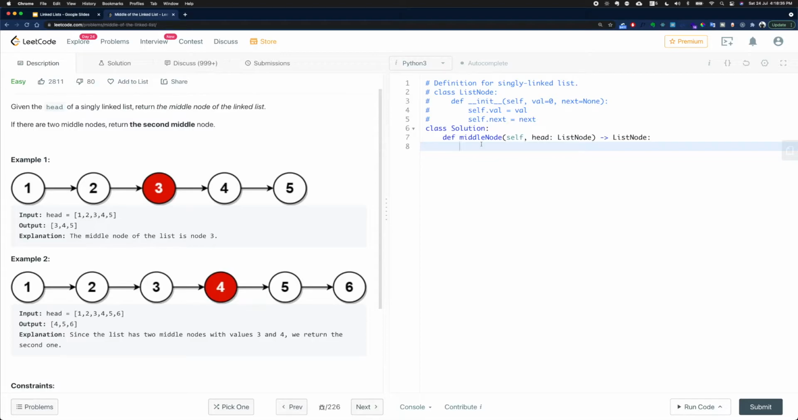To show you what I mean, let's get right into the code. So we're going to define a fast pointer which is pointing to the head and a slow pointer which also points to the head at the start. Now all we need to do is to have a while loop which checks if the fast pointer is currently not none,